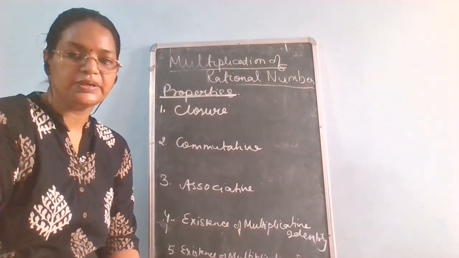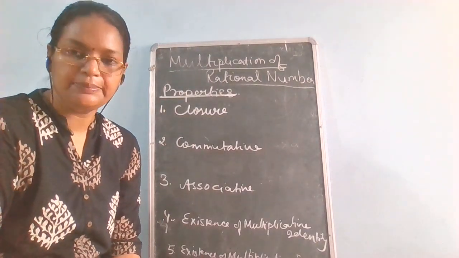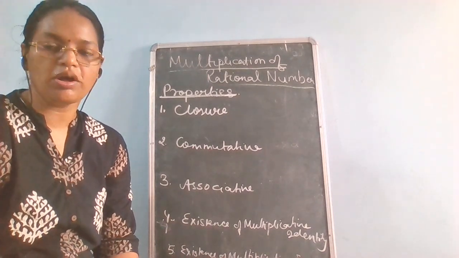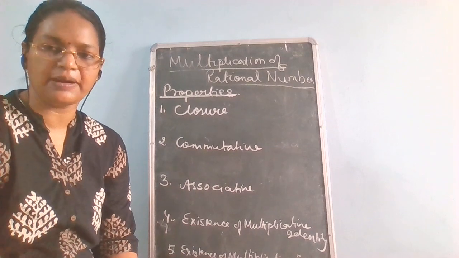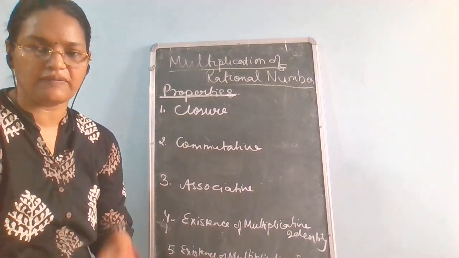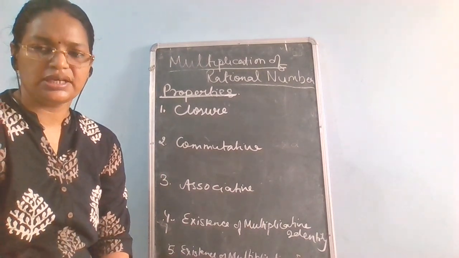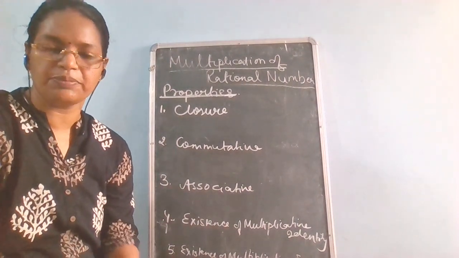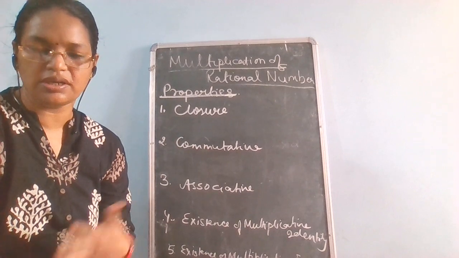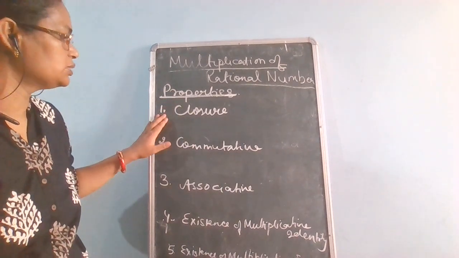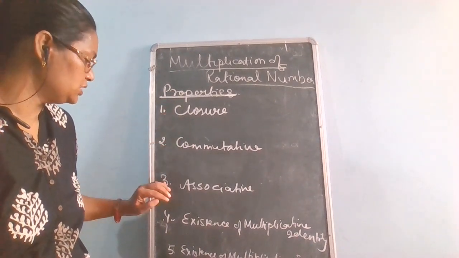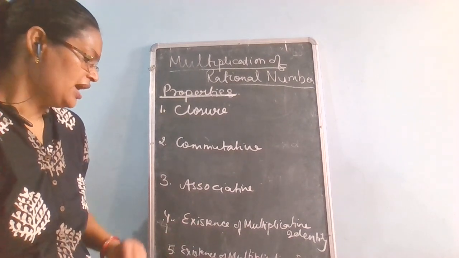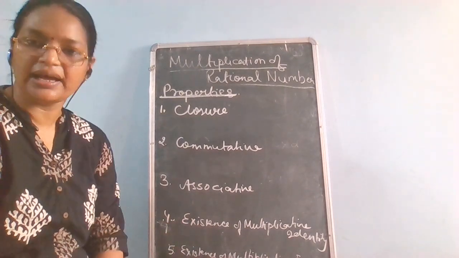Now some properties of multiplication for rational numbers. We will discuss all those 5 properties, and apart from those 5 properties we have one more property over here, that is the distributive property. Actually we do all these 6 properties in all the operations. So here we have a total of 6 properties. The first one is closure, then commutative, then associative, existence of multiplicative identity, existence of multiplicative inverse, and the distributive